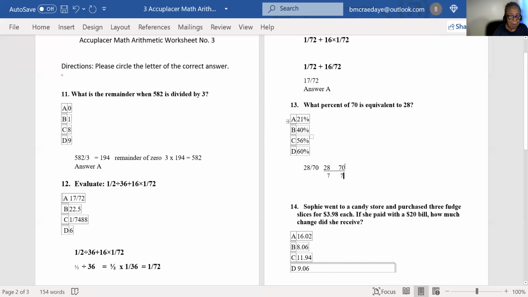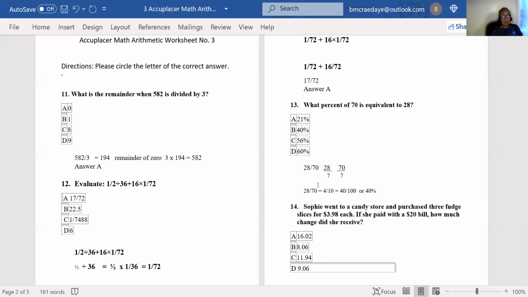Now we don't need this. We just need the fractions on the line. So 28/7 is 4. 70/7 is 10. So that means 28/70 equals 4/10, and that's equal to 40/100. So, or if you put it as a percent, 40%,